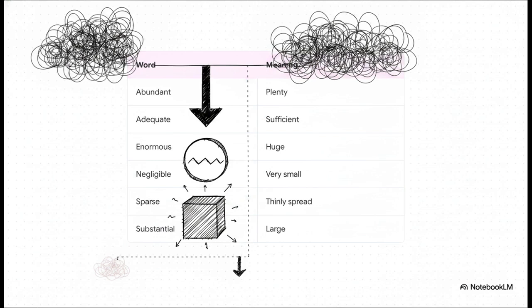Just a step below that is substantial, which just means large. Right in the comfortable, safe middle, you have adequate, meaning sufficient. Then, as we drop down the scale, things become sparse or thinly spread. And finally, at the very bottom of our scale, the impact is negligible, meaning very small. By visually mapping this top-to-bottom scale, you effectively anchor the meanings of these words to a physical space inside your